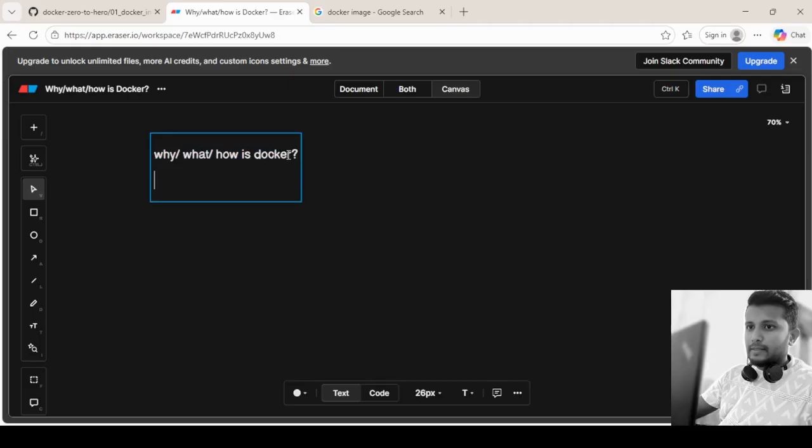So, why is Docker? I believe most of you have worked in IT companies, so more often we see that developers develop new applications or upgrade or update existing applications. We tend to hear discussions that a specific new feature, or the entire application, is not working in a specific environment.